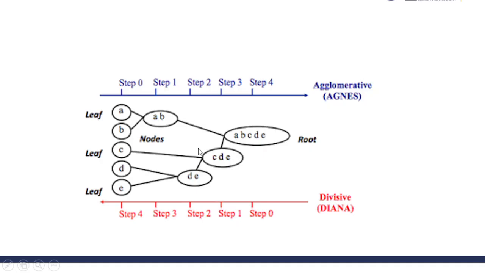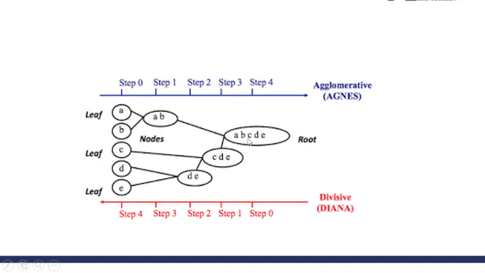If I divide it at this point, I'll get A, B, C and D, E. Let's say I'm looking for 2 clusters. So if I divide at this point, I'll get A, B and C, D, E. So this is Agnes. Now what happens in divisive is I go on dividing